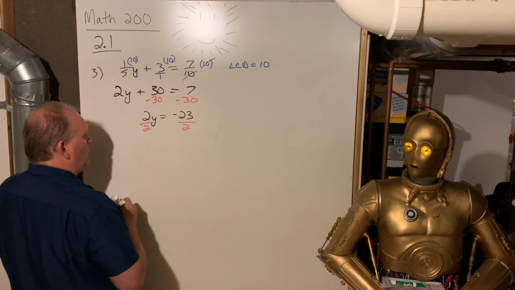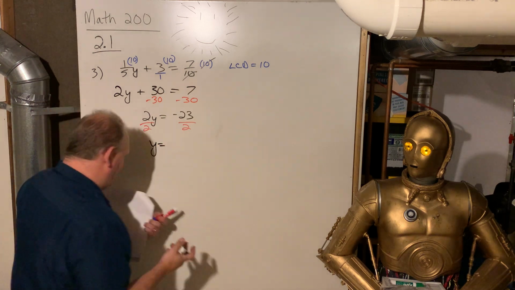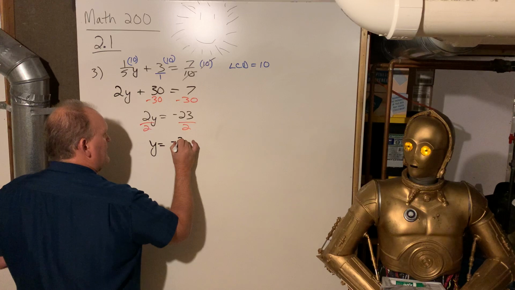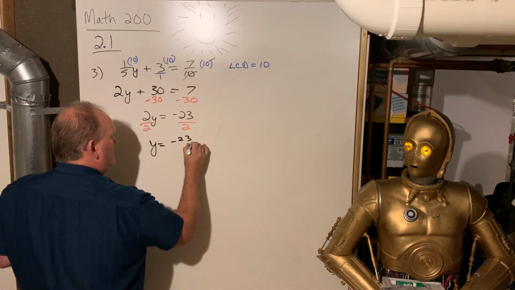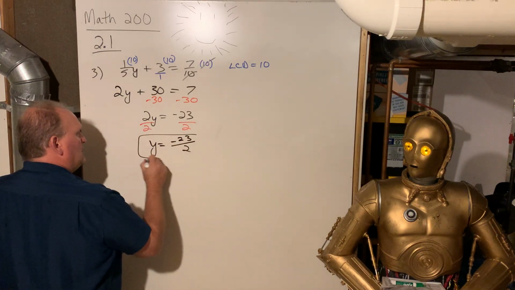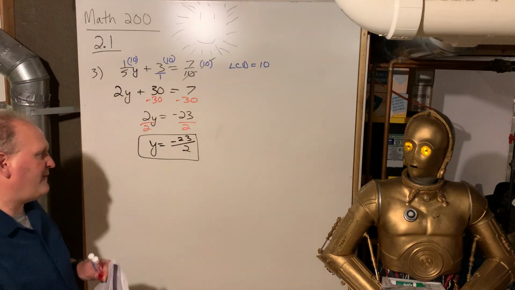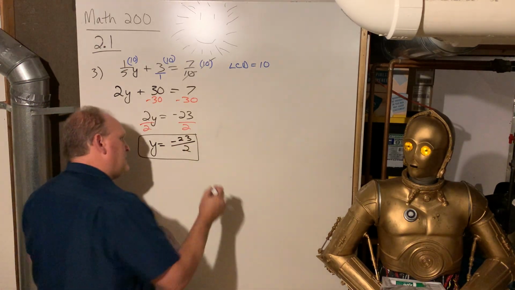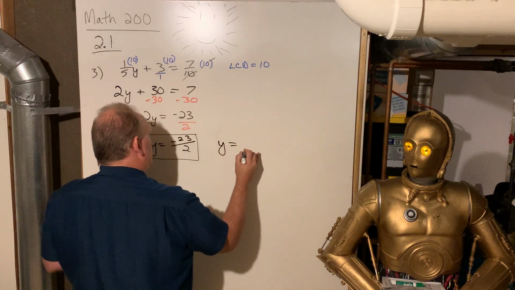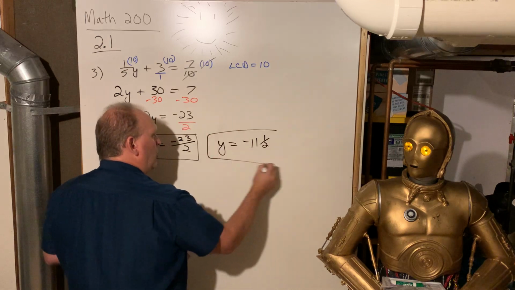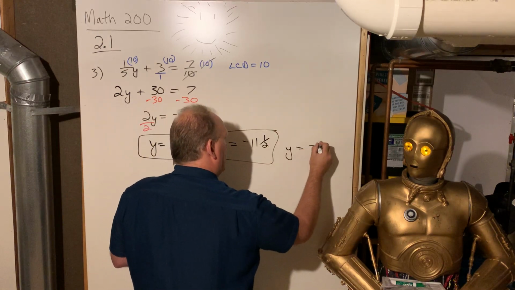Remember the name of the game, get 1y equals. So I got 1y equals. And yeah, I got an ugly answer. Negative 23 halves, which is fine. It's an improper fraction. If you'd like, you want to be fancy, you could write it as a mixed number, negative 11.5 or negative